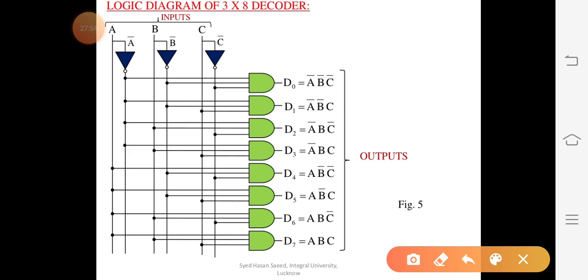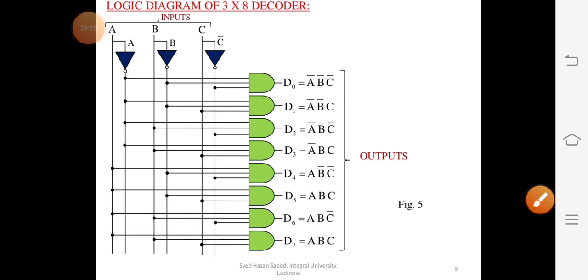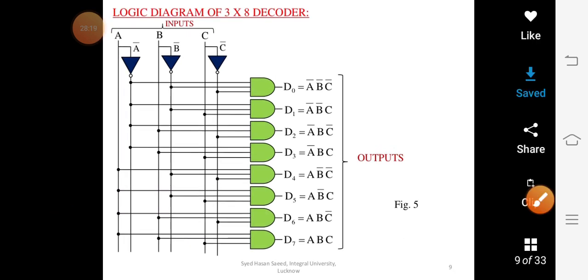And do not get confused about how we are attaching these lines. Now let's suppose for 1 1 1 for the last set. Now take here the uncomplemented value for A, uncomplemented value for B, and uncomplemented value for C, right? So means 1 1 1. Done. So this was the logic diagram for the 3 to 8 decoder. So that was all about decoder. Now we have done about it, the logic diagram.